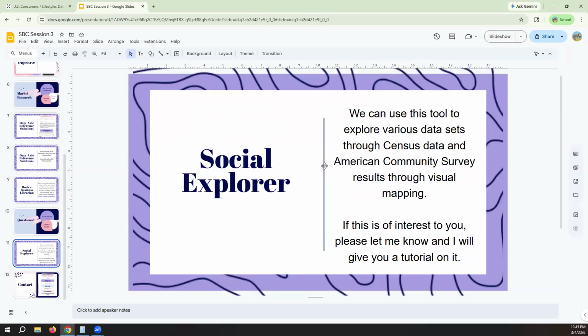So again, it's just census data and American Community Survey data, and you can basically use some of these tools and resources to create visual maps or to create tables and charts based on what you need and what you hope to find.